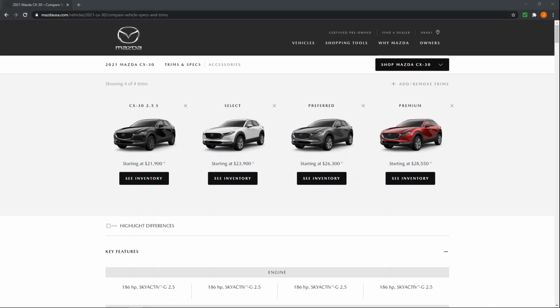So, especially if you live in a downtown city, or you drive in the city a lot, around a lot of traffic, it's going to be a lot easier to maneuver in and out of traffic, in and out of those tight parking spots than, say, a bigger CX-5. So the CX-30,